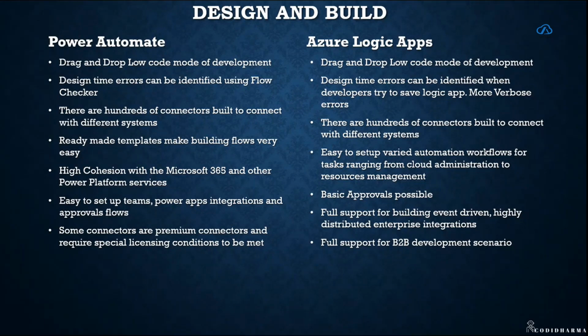Now, there are certain downsides to Power Automate as well, and those come down to the licensing front. Power Automate has this concept of premium and non-premium connectors, wherein a premium connector requires a special licensing condition to be met. These licensing conditions are something that I'm going to discuss in a few minutes. So when designing or building things with Power Automate, one has to be very careful of the actions they are using and whether they are allowed with the current licensing model or not, right? That will become clearer once we see the licensing